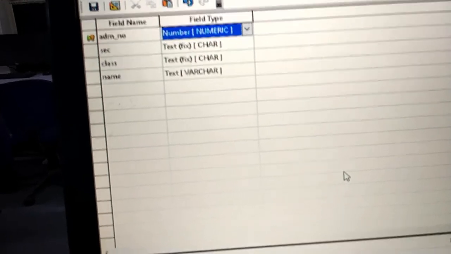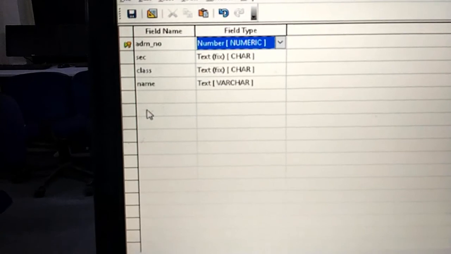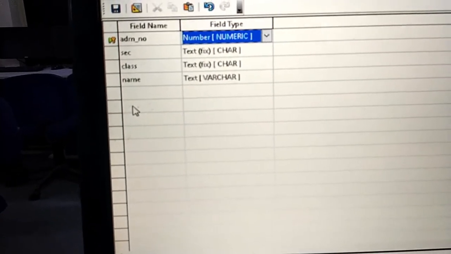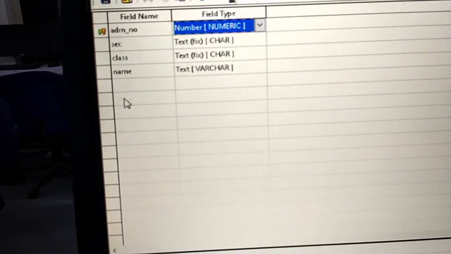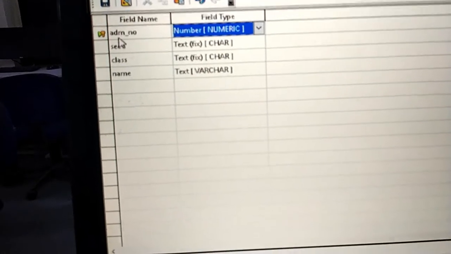You have to say yes. If you haven't created the primary key, and you try to enter data in Base without creating the primary key, it may not allow you to enter the data. Mind it. So keep that in mind. Your table must have a primary key before entering the data.